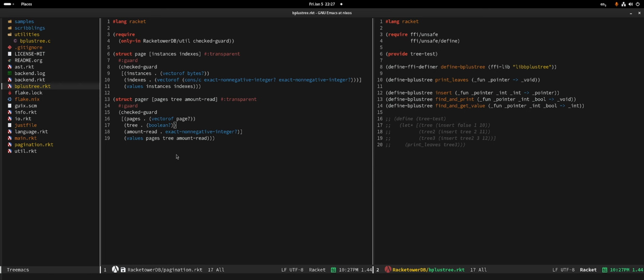Actually, false is translated to the null pointer when you pass it to the function. Oh, so there's an extra trick going on there. I think I see. But I'm not sure how a pointer is represented on the Racket side.